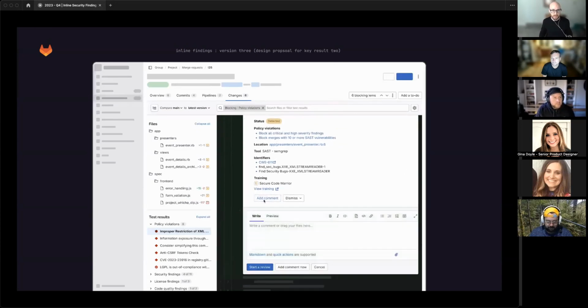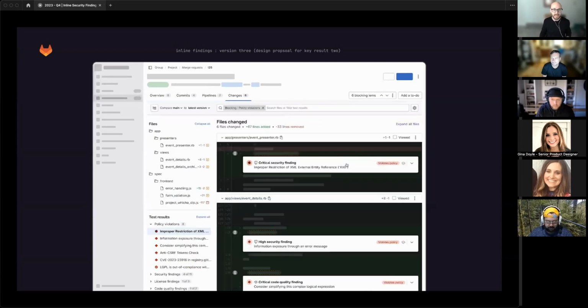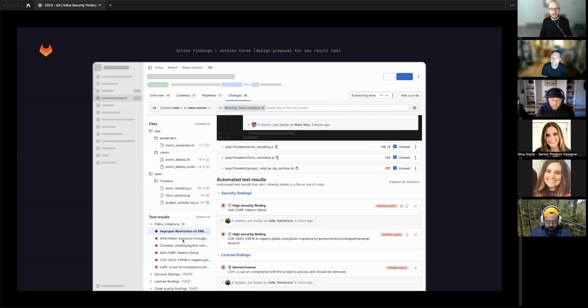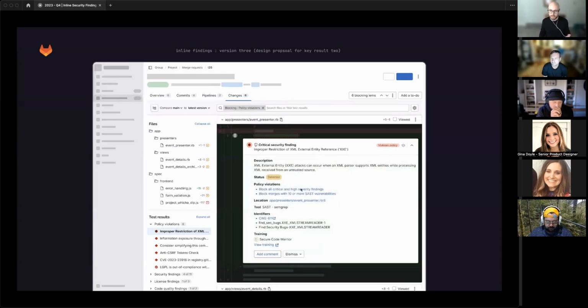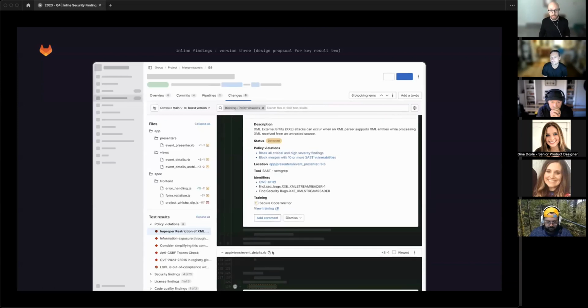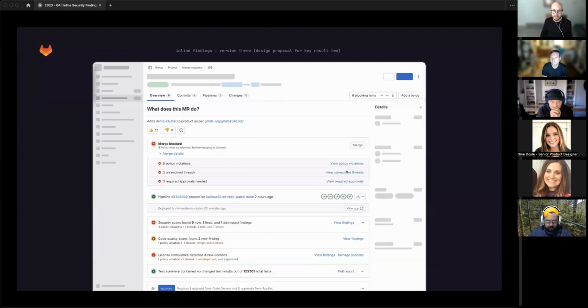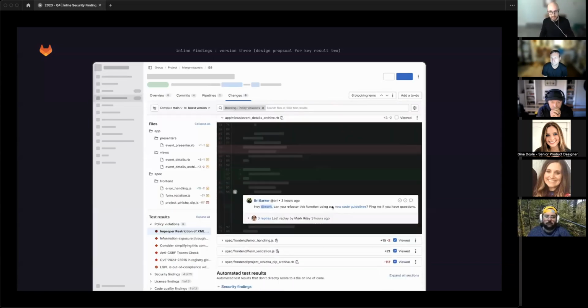But ultimately, it was determined that the proposal wasn't going to move forward in this current form. From what I understand, key stakeholders had lower confidence in the idea of introducing findings that aren't directly related to code changes into the MR changes tab, which does make a lot of sense. And there were too many large interdependent changes being proposed to the changes tab that would make it more challenging to implement. And so while I was out on leave, another designer from a different stage group was actually